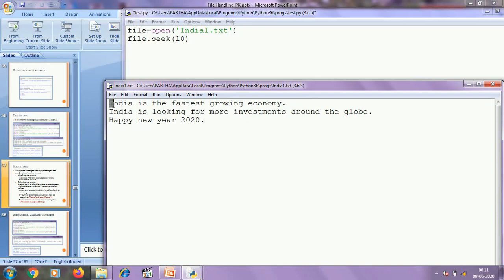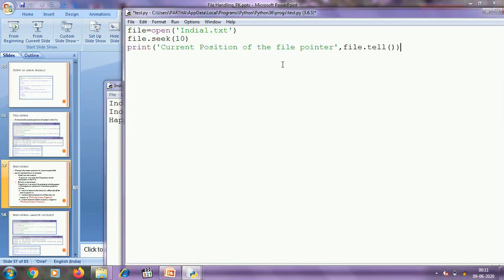So this is the 0th character, 1st, 2nd, 3rd, 4th, 5th, 6th, 7th, 8th, 9th, 10th. So H is the 10th character. Now after that, if I display the current position of the file pointer using the tell method, it will display 10, as using seek(10) we are pointing the file pointer to the 10th position.